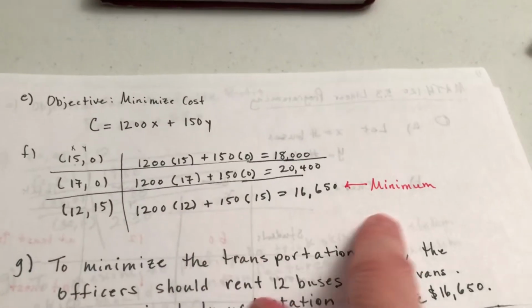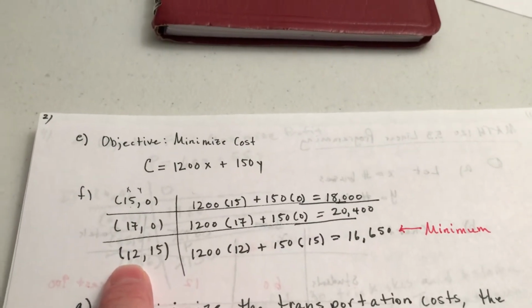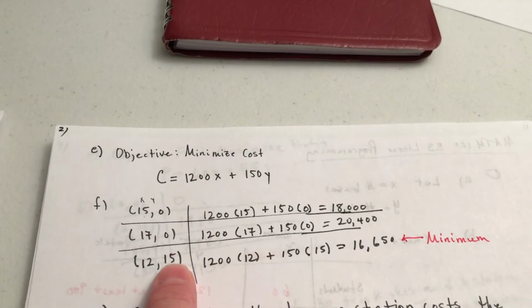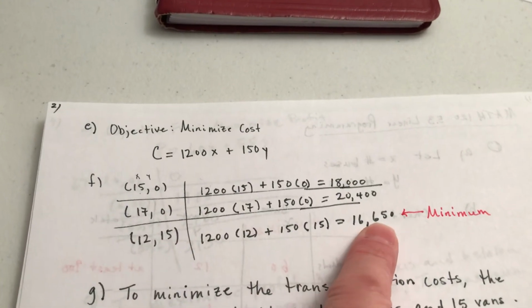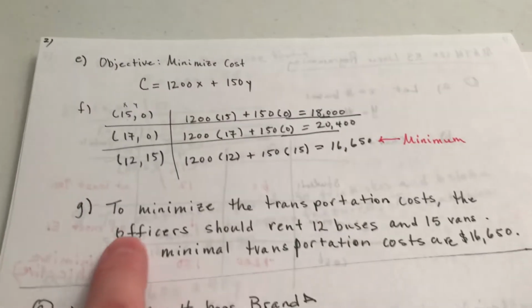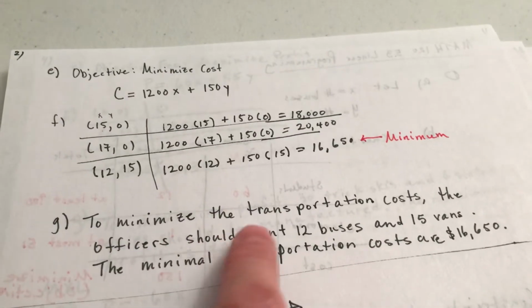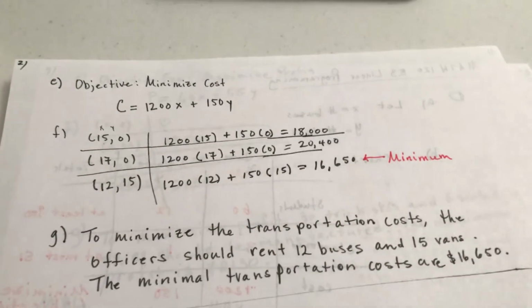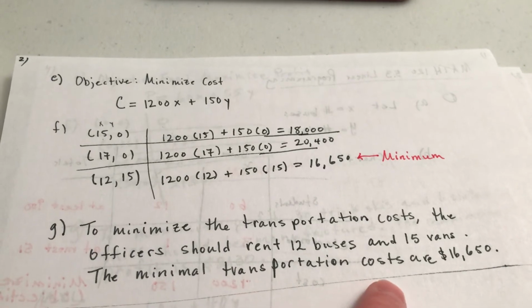So we're going to come over here. This is minimum. Now, X was defined to be the number of buses, and Y was the number of vans. So we have 12 buses and 15 vans, and this is the cost. So to minimize the transportation costs, the officers should rent 12 buses and 15 vans, period. I put the minimal transportation costs are